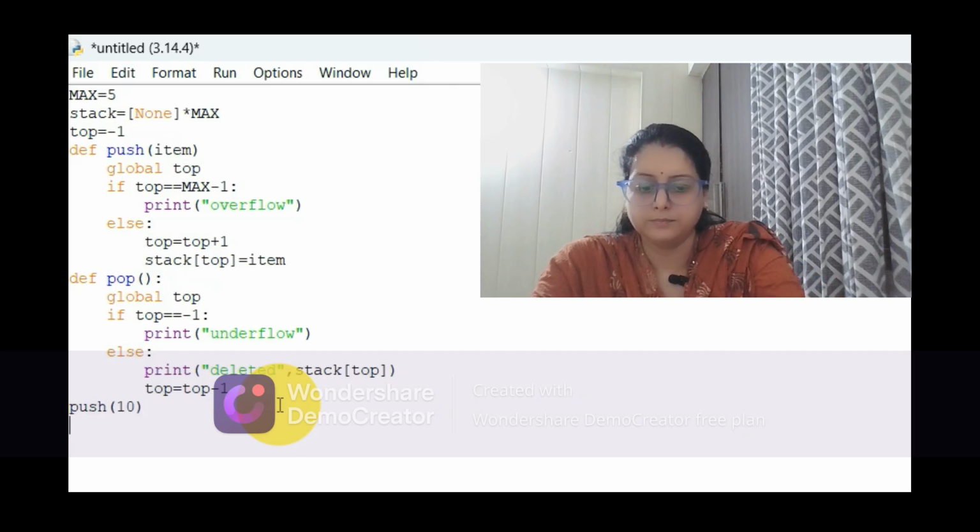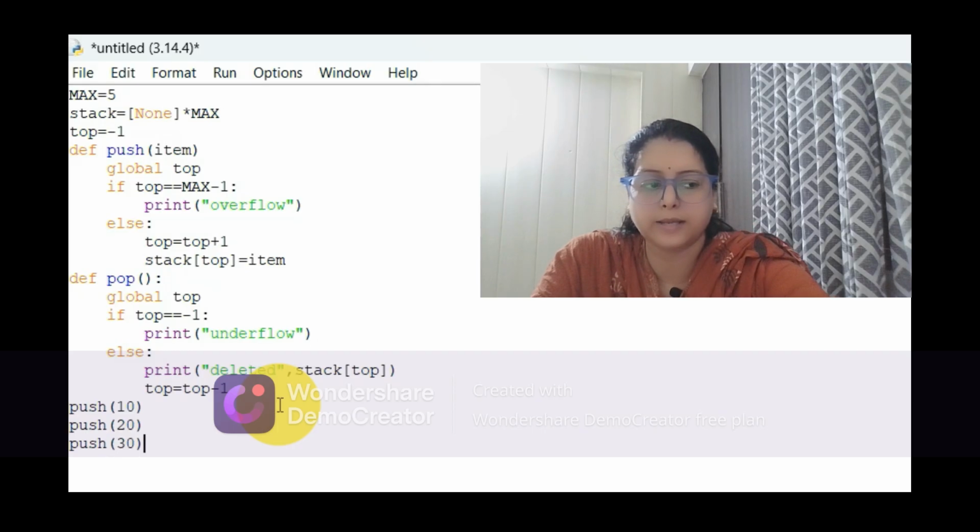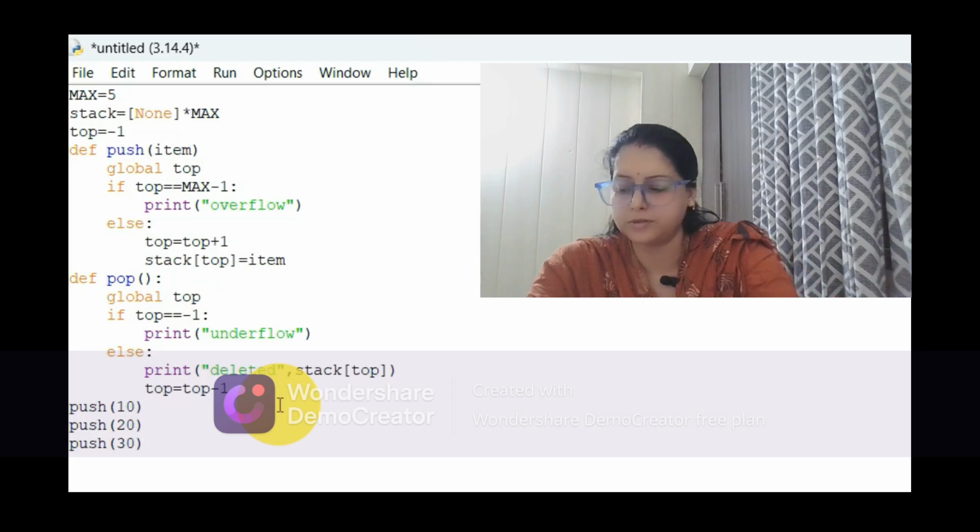Again, push, we want to insert 20. Next, again we want to insert 30. So this is how we are calling the push function 3 times.